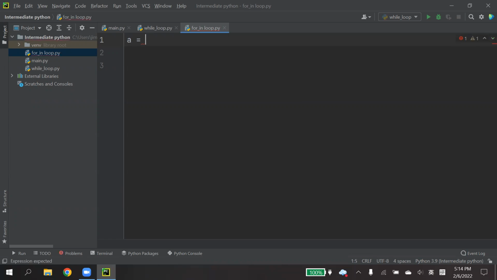For example, let's say over here I create a list, a list with many strings inside. I have three strings inside: eat, sleep, and repeat. This is my list. If I want to step through this list, I can use a for in loop. So for item in the list.